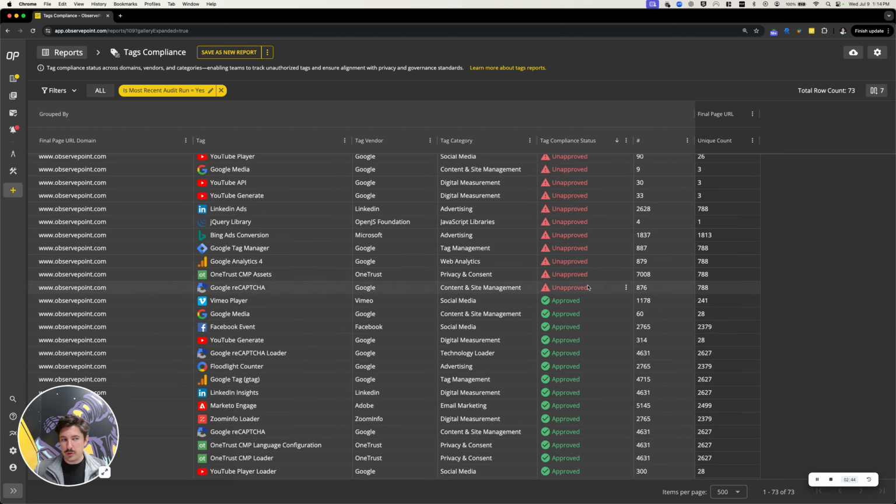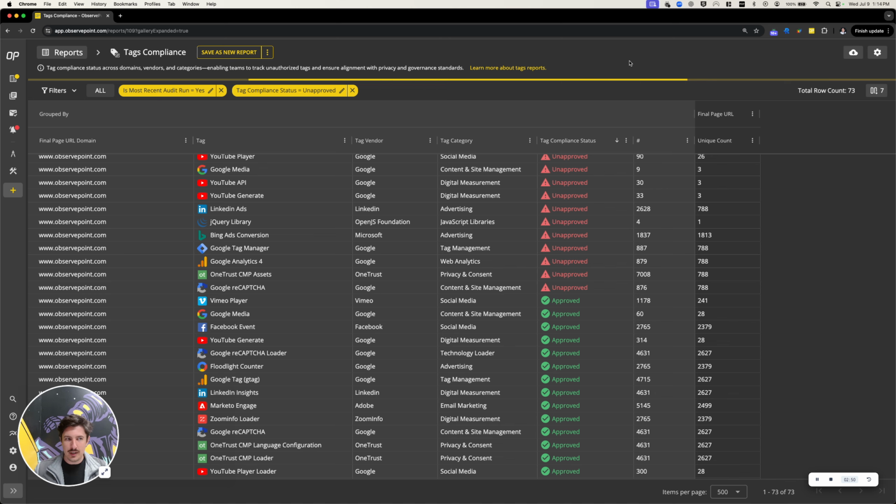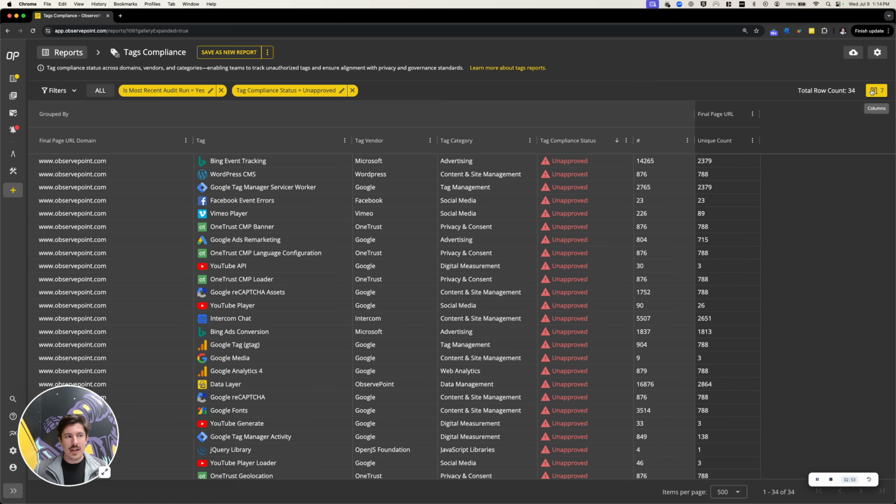So saying if it's approved or unapproved. If we want, we can filter and say, just show me unapproved tags. We're here to identify unapproved tags. And then I can add